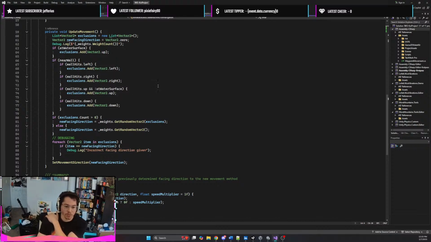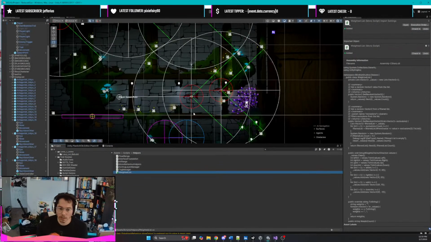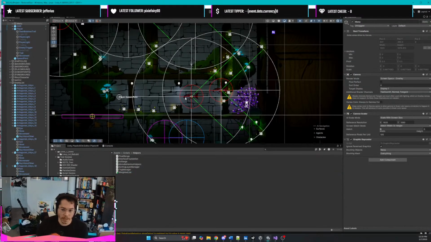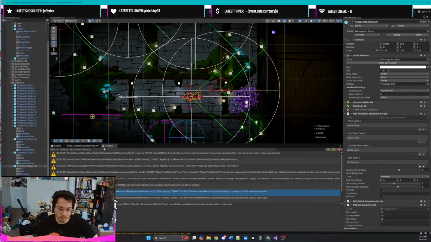Figure out the issues. Slowly but surely. I don't know why it's resetting my weights on start, but I just did it on start. Anyways, then the next issue is the